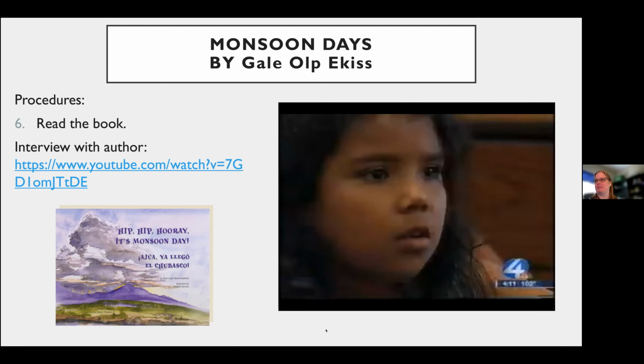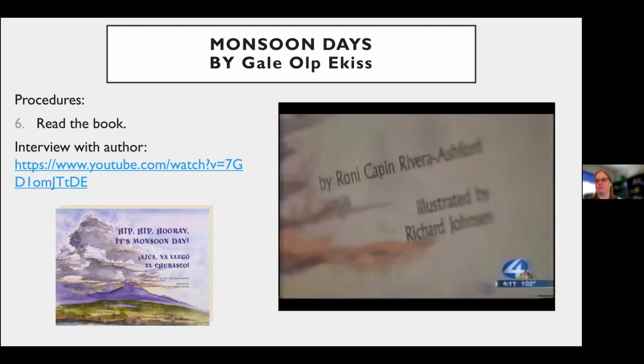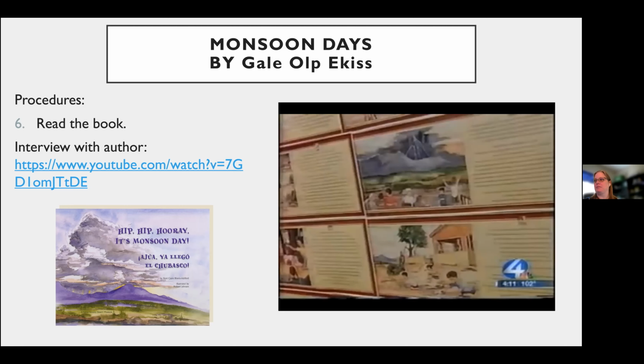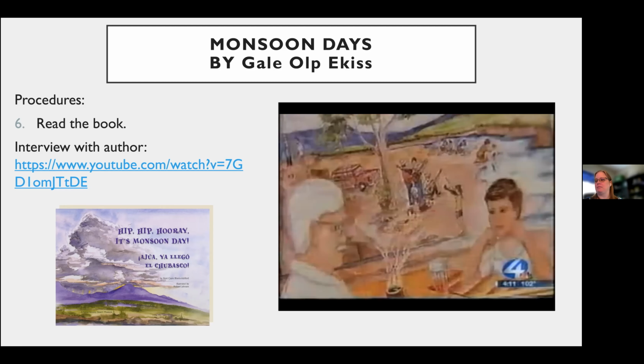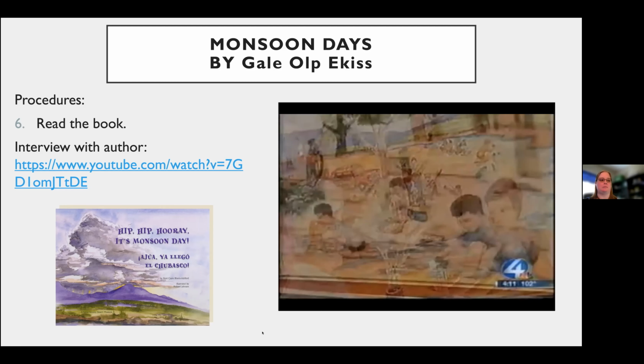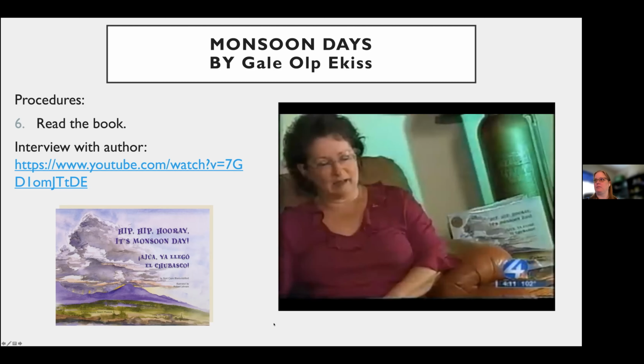It's a 42-page book illustrated in watercolor by Sahuarita artist Richard Johnson. The story takes place on June 24th, El Día de San Juan, as Tata, or grandfather, explains the tradition to his grandchildren. She also talks about the dangers of the monsoon. We decided that it was very important to include in this story information for children to learn about how to stay safe during the monsoon storms, because they can be very dangerous, as we've noticed.